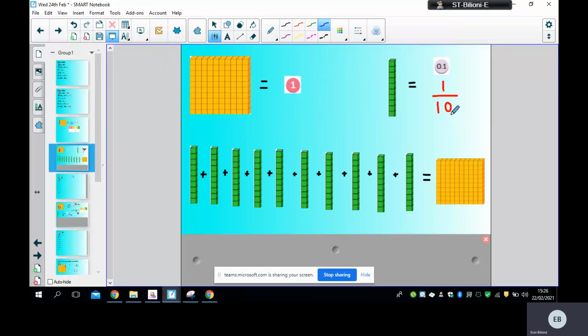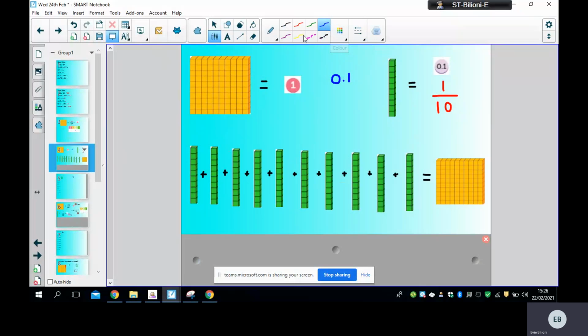Our tenths, this is 1/10. So we would need 10 of these in order to make one whole, as you can see at the bottom. 1, 2, 3, 4, 5, 6, 7, 8, 9, 10. So we would need 10. And we write it by writing 1 as our numerator and 10 as our denominator, say 1/10. With fractions, it's good to read it out loud so you can visualize it. So 1/10, and it can be written, I might make that a bit bigger for you, as